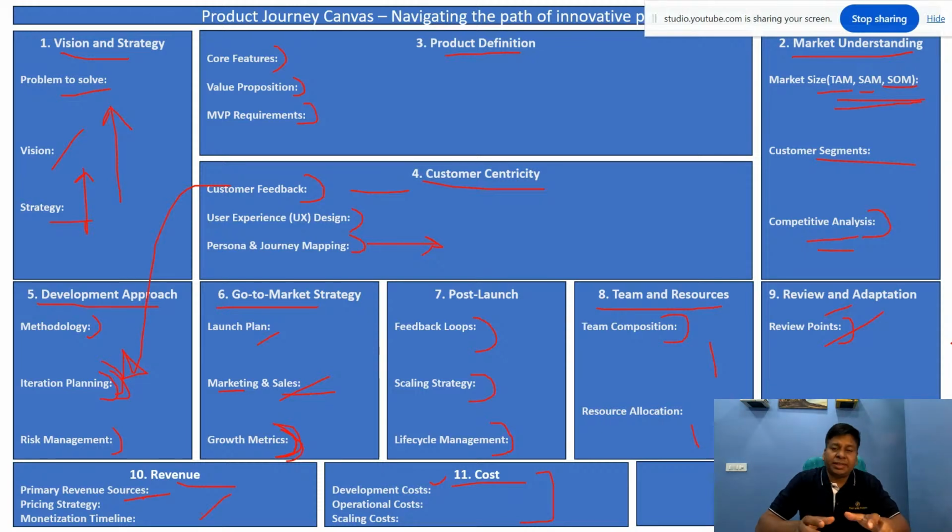Also, it encourages cross-functional collaboration. One point of view, from the problem identification to the feasibility analysis to development approach, go-to market strategy, launch and post launch as well. It is giving you a high level what is your revenue and cost. Every step should be filled with clarity in mind, and every time you may not be having the clarity of all of the points. I suggest whenever you start working on a product, keep this canvas with you and start filling this and evolve it as you go on,